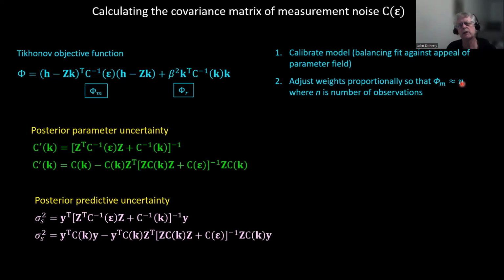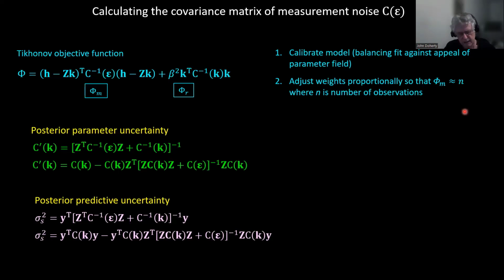And that's easy to understand because, how do I calculate this objective function? I multiply each residual by its weight, square, sum. And if the weight applied to each residual is on average the inverse of the standard deviation of what creates that residual, then on average, each weighted residual squared will be 1, sum them up, and the measurement objective function